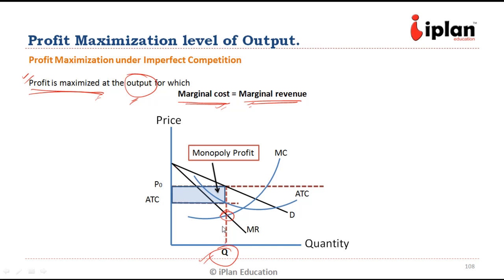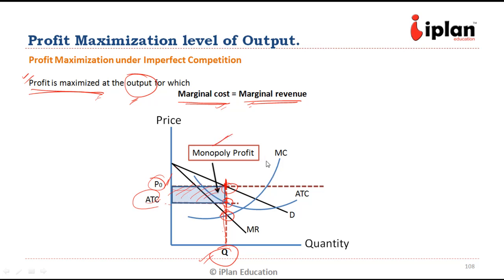And for the price, we need to look at the demand curve. So this is the quantity. We need to extend this line up and see where it is cutting the demand curve, and that point will give us the price. So this is the price which the company is selling at. This is above the average total cost. This line was cutting average total cost at this point. So this is our average total cost, and whatever we are earning above average total cost is our monopoly profit,